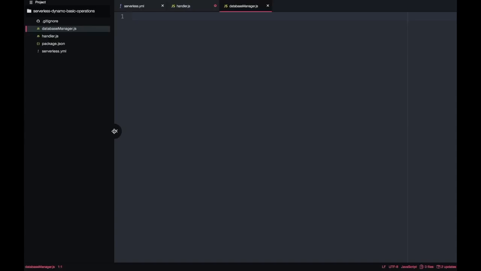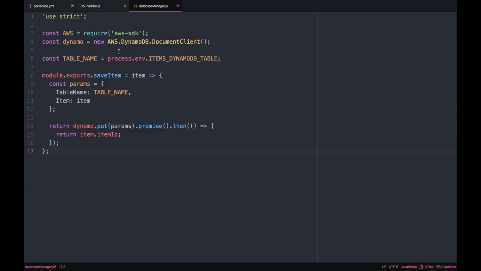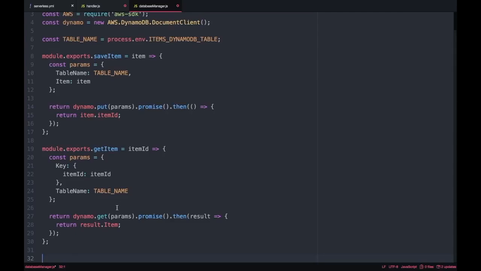And here is the beef of this video. First thing we want to do is to require the AWS SDK and the module DocumentClient. Then I will define the table name as a constant in this module, and that's referring to the variable we have defined in the serverless YAML. Again, environmental variables, if you want to know more, just leave a comment below. I can make a video about this. And then I create the save function, the get function, the delete function and the update function, and you will